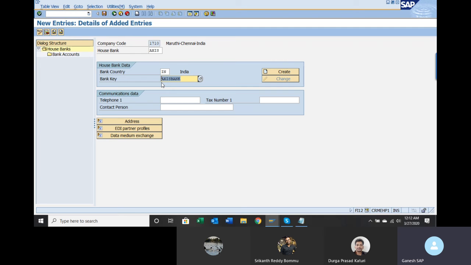So where do you get this bank key information? So this bank key information you will get when you open an account in that particular bank and in that particular branch. So whatever details are there on your checkbook, in that if you can see all these details will be available. Okay.